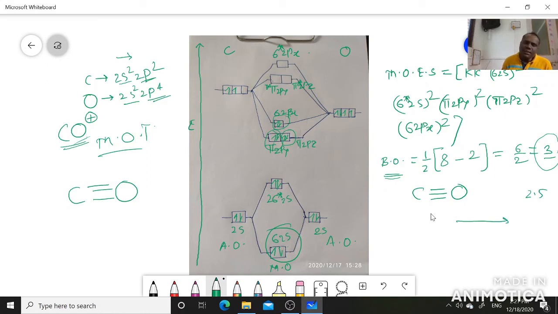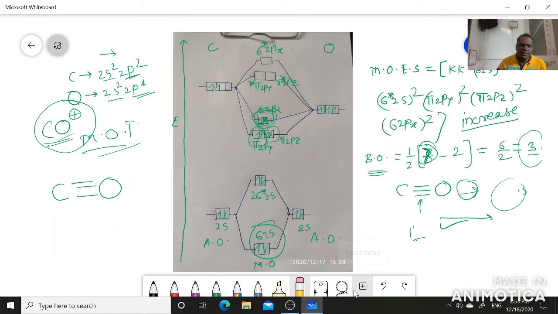But this is not the full explanation in the case of the carbon monoxide molecule by MOT. Why? Because if you remove an electron, the electron from the sigma 2px orbital will be removed. Removing a sigma 2px electron means the bonding electrons are 7, and 7 minus 2 gives the new count.